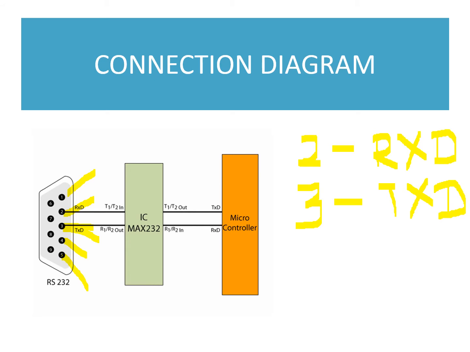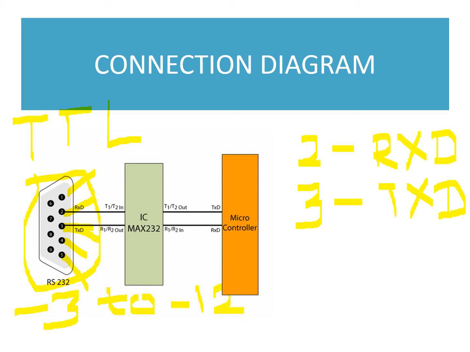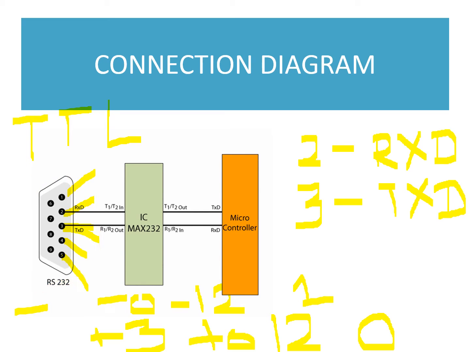Also, RS232 needs a voltage conversion, because RS232 was employed in the 1980s, when it was not compatible with TTL logic families, because the TTL logic family evolved after the invention of RS232. Here, for the logic voltages, logic 1 is represented by minus 3 to minus 12 volts, and the positive voltages, plus 3 to plus 12 volts, are used for representing logic 0. I think you have understood why I am highlighting this.